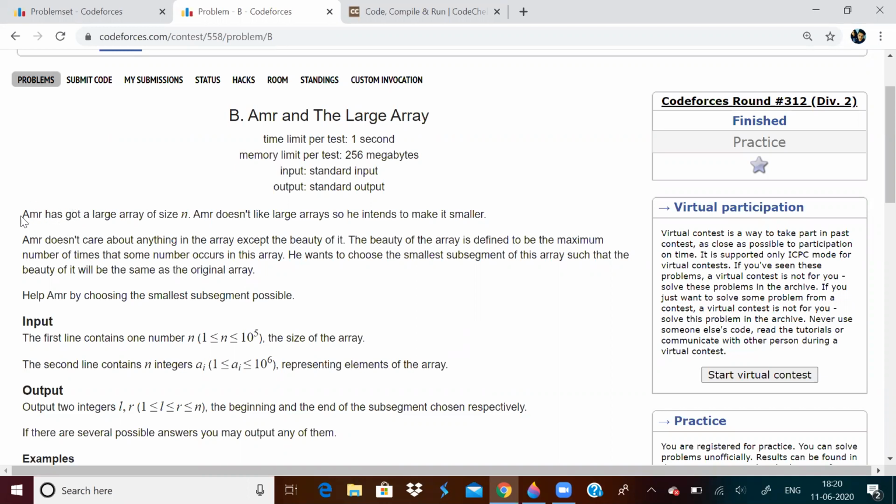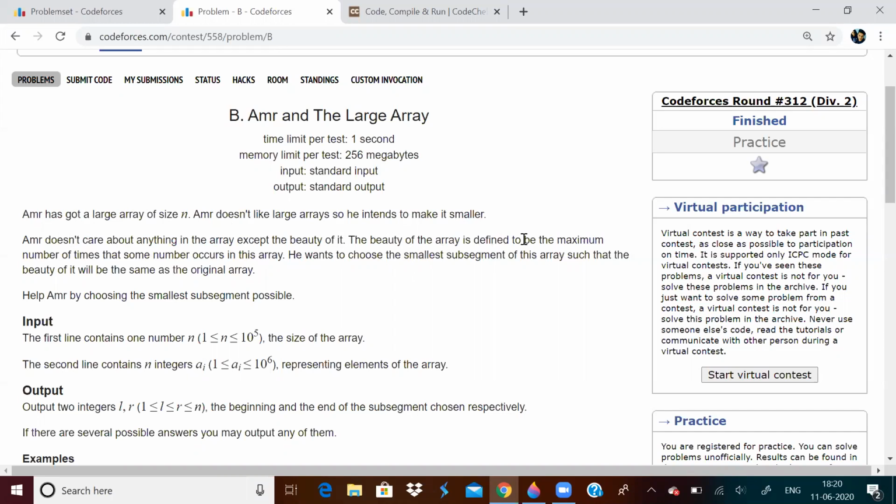I don't know what this is, I think AMR only. Okay, let's just call him AMR. He has got a large array of size n, doesn't like large arrays, so he intends to make it smaller. He doesn't care about anything in the array except the beauty of it.